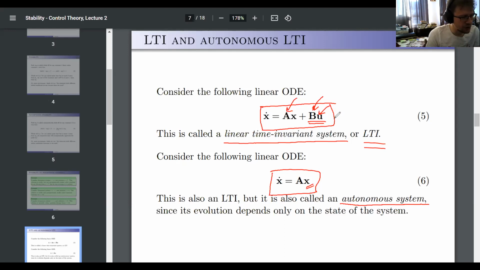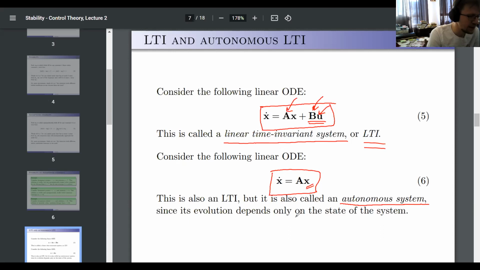I just pointed it out here because we'll have to go back to it. So I want you to have this memory that something like this exists. So next time you see it, you think, that's interesting, that's what we want to learn. But let's go back to x dot equals Ax. So the behavior of the system only depends on x. Okay, good. So we'll consider this system, and we know it is autonomous LTI.